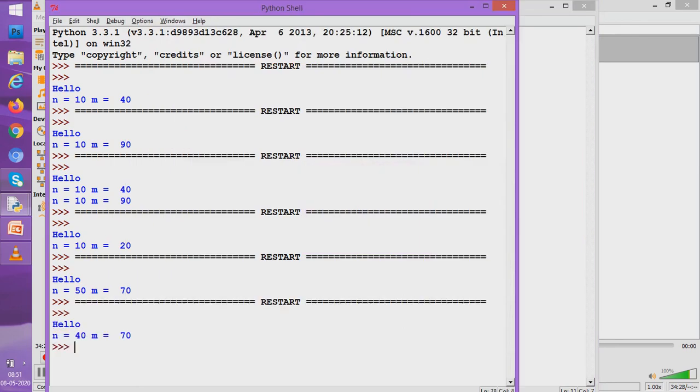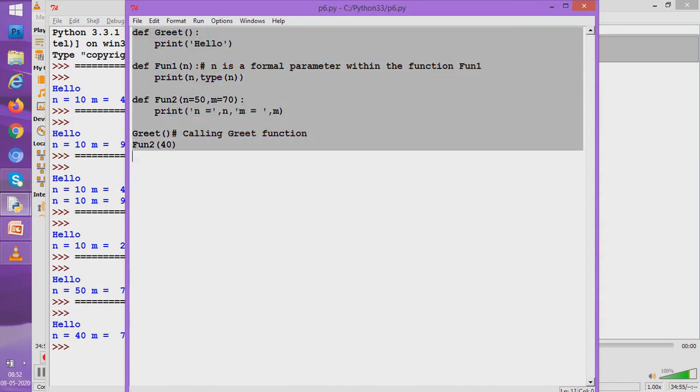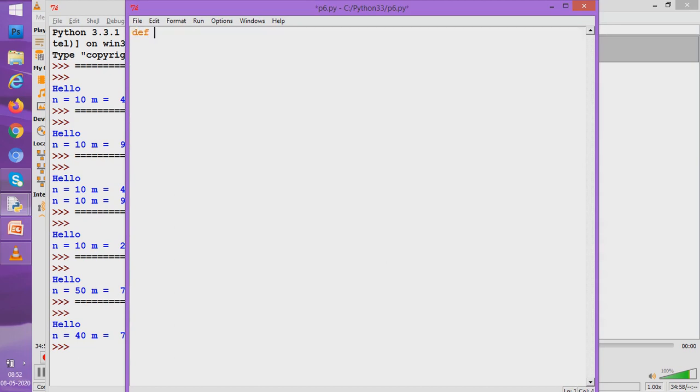I can well see. So students, I think you have understood. You have understood positional, you have understood default, you have understood keyword. There is another thing that should be understood at this given moment, and that is we will now talk of variable length argument. So we delete everything from here now. We'll talk afresh. We delete everything from here and we create a function, say fun3 now for us, and we'll use something like this. We'll say star p, and we'll understand what it means.